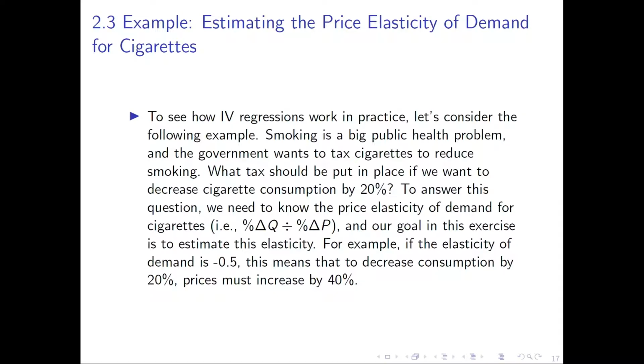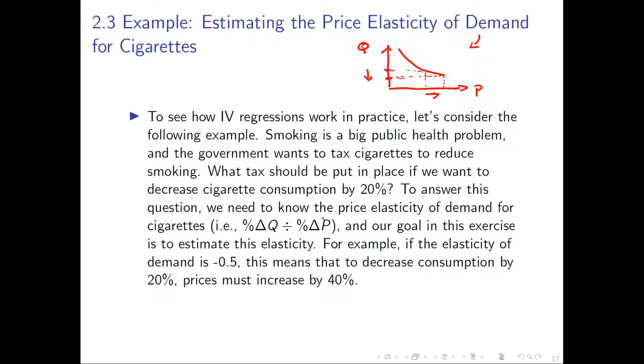To understand the instrumental variable regression framework, we can look at this example. Here we are estimating the price elasticity of demand for cigarettes. Just remember that the demand function is a downward sloping function of price on quantity. So if you increase price here from this to this, then you lower the quantity from this point to this